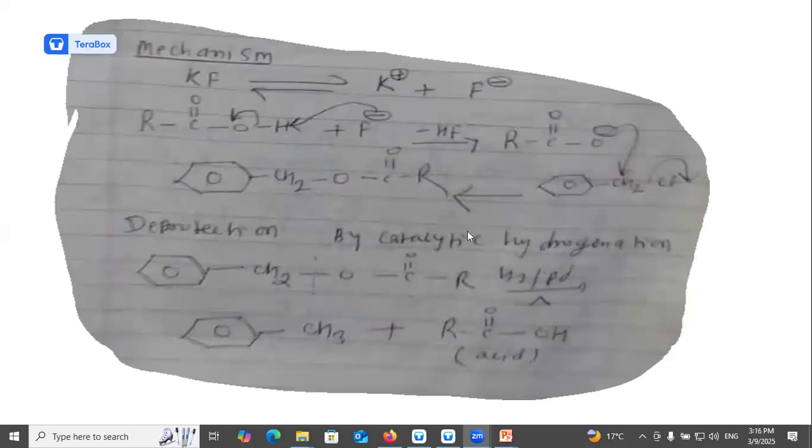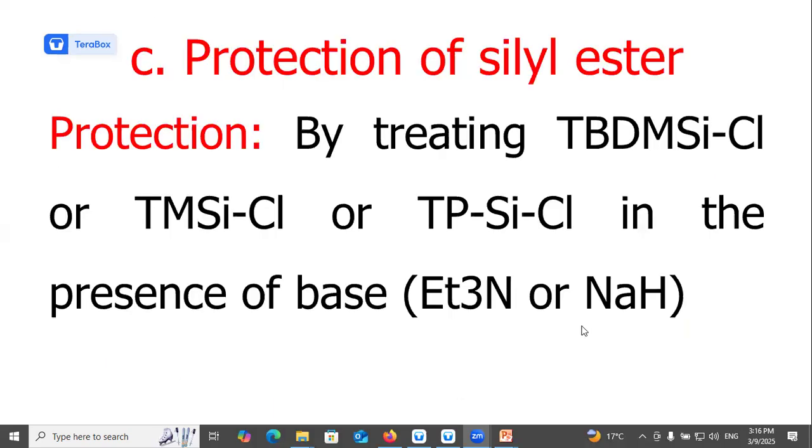Deprotection by catalytic hydrogenation of benzyl ester in the presence of platinum and heat will get acid. Protection of silyl ester formation by treating the